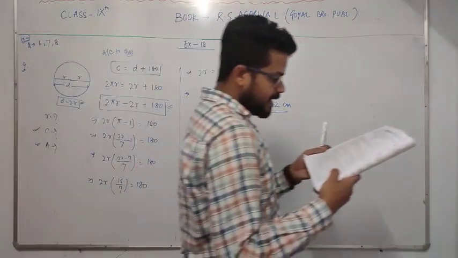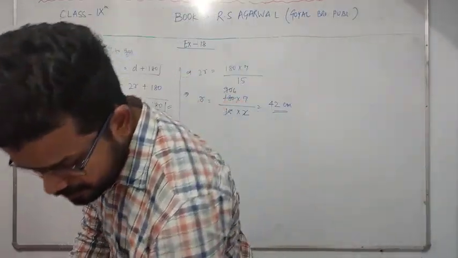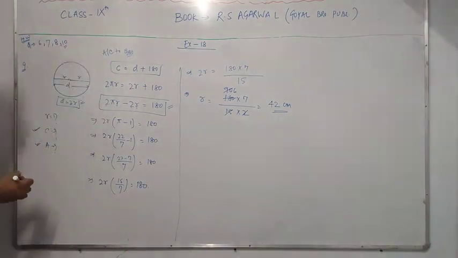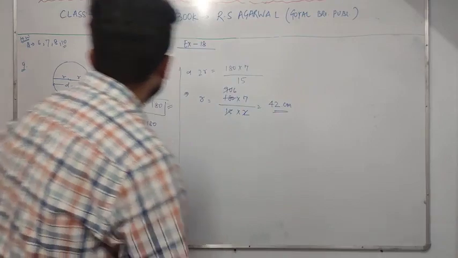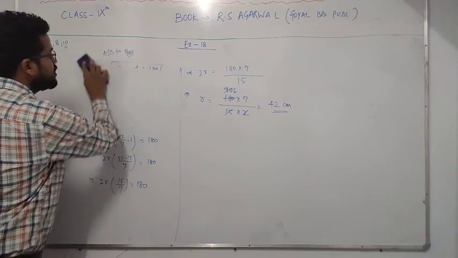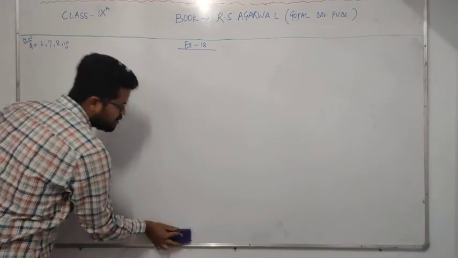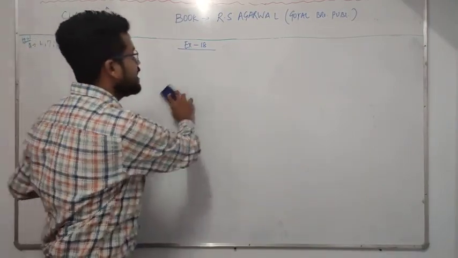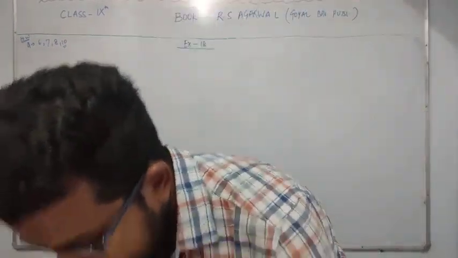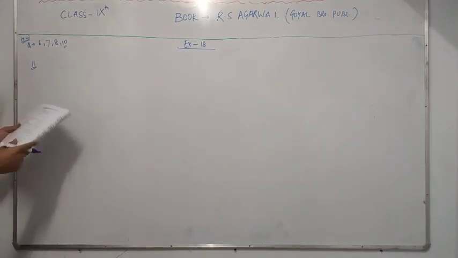Question number 10. Copper wire bent in the form of... Question number 10 is your homework, and I will solve your question number 11. In a similar way, you have to solve question number 10. Just try to understand what is given in the question. A similar question is question number 11. I have solved it here.